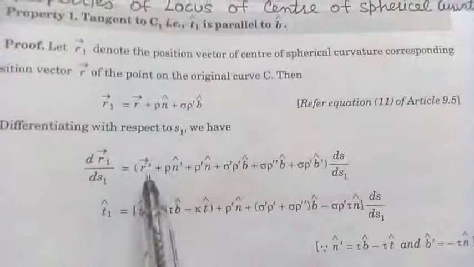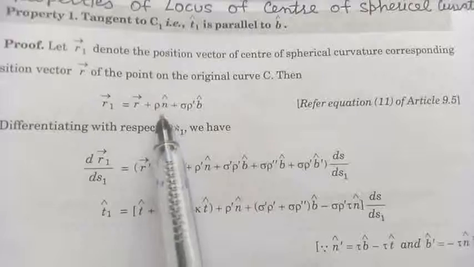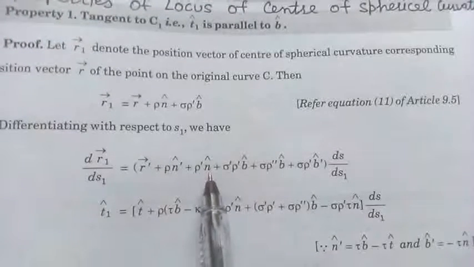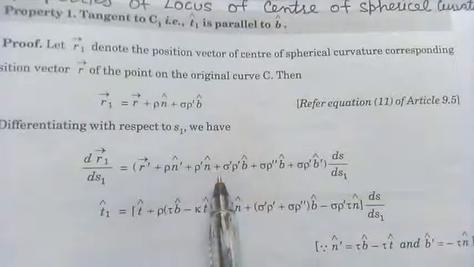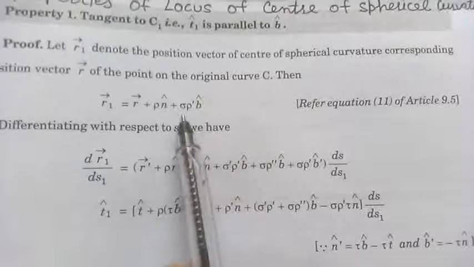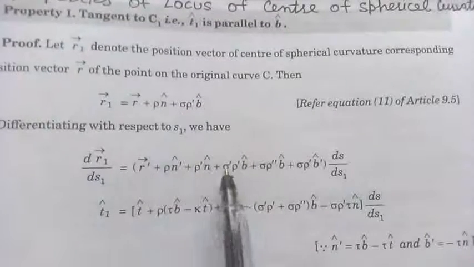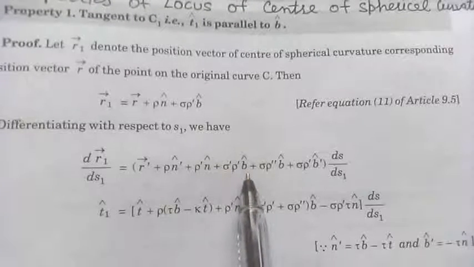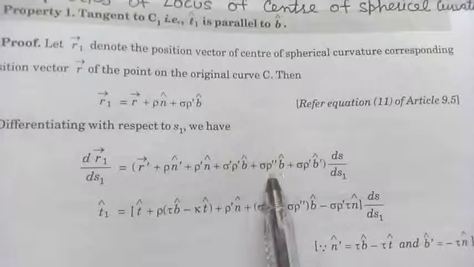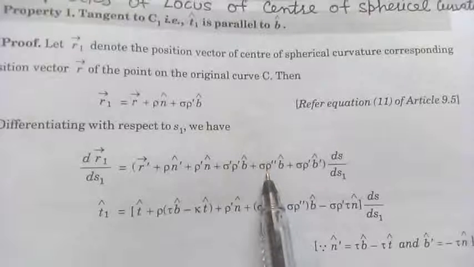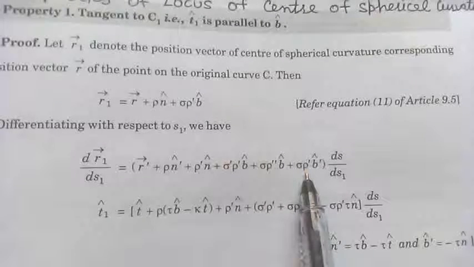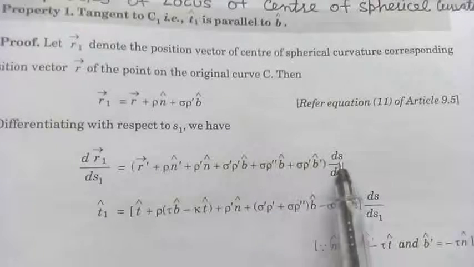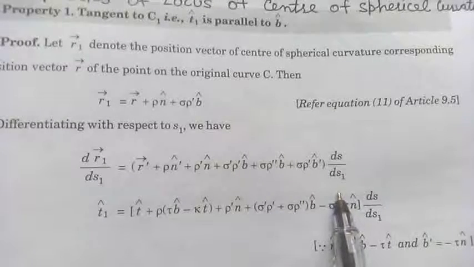The derivative of vector R is R dash. Here, by using the product rule, rho as it is, derivative of n cap, plus n cap as it is, derivative of rho, plus here we have three functions, so we can use the product rule. Firstly, the derivative of sigma with respect to s, rho dash and b cap as it is, then plus sigma and b cap as it is, the derivative of rho dash, plus sigma and rho dash as it is, the derivative of vector b cap. This whole derivative is with respect to s, then the derivative of s with respect to s1.